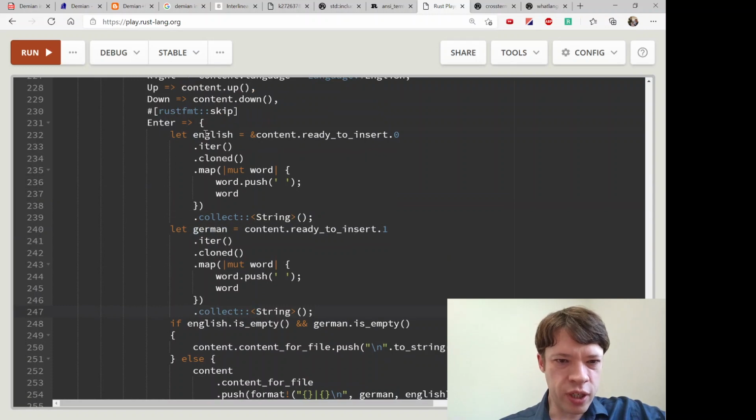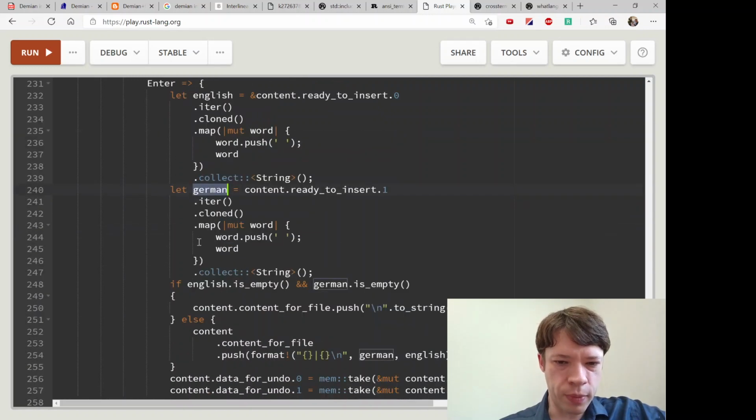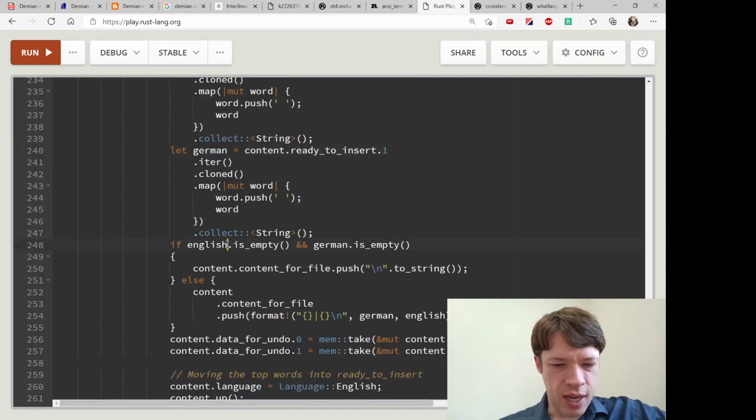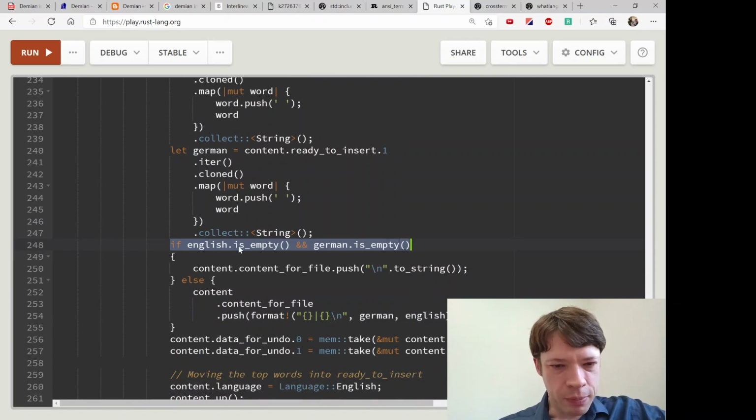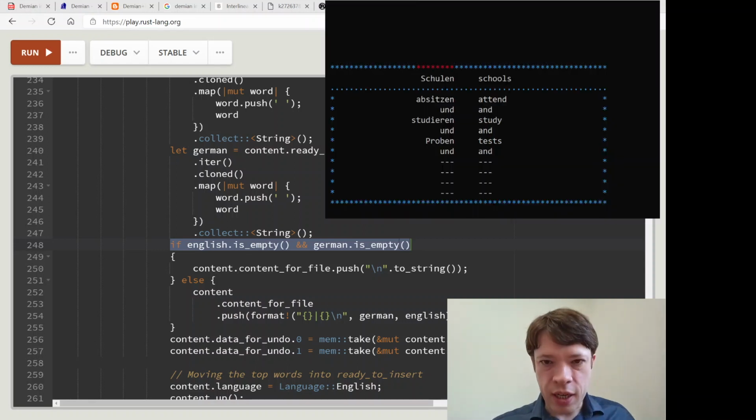So now we have a string called English and a string called German, and then what happens? So it tries to do that, and if they're both empty, I could probably move this up later, but anyway, if both of them are empty, which means we don't have any words selected, let's put this back in here.